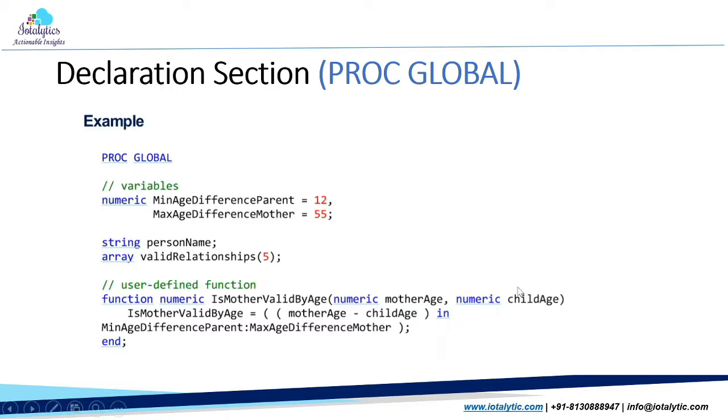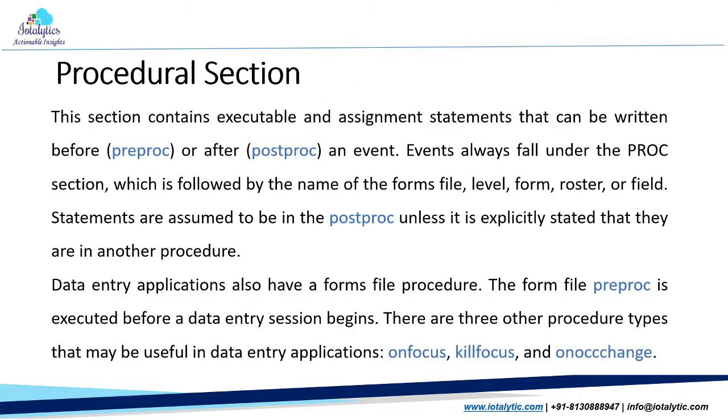For example, if I want to declare a numeric variable with a minimum and maximum, or a string variable, or some kind of array, I declare the variable from the global point of view. The functions also have to be declared globally. When you want to call the same variable or the same structure many times, you can declare it in the global part. So I will give an example.